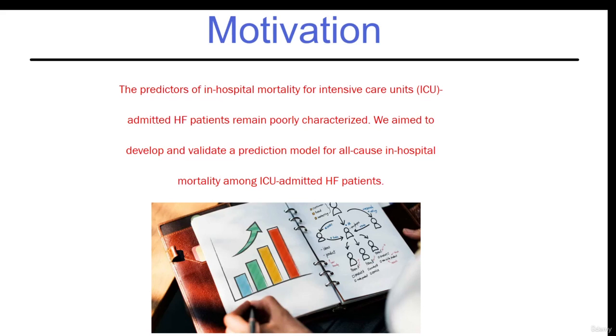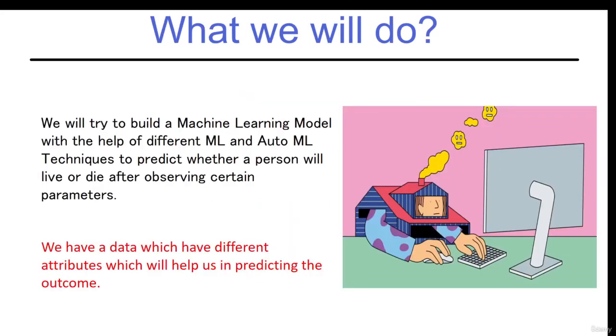So we aim to develop and validate a prediction model for all-cause in-hospital mortality among ICU HF patients. So what we'll be doing is making a model which will be predicting the mortality rate among the ICU admitted patients in order to increase the quality or the accuracy. So as I said, we'll try to build a machine learning model with the help of different ML and AutoML techniques to predict whether a person will live or die after observing certain